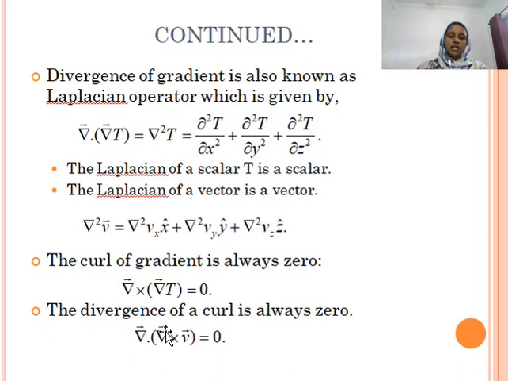So if a vector V has a curl, del cross V, then there is no divergence. What is the meaning of divergence? The function spreading out from the point. Since the function curls around the point, there is no divergence from that point. That is what we mean here. So del dot (del cross V) equal to 0. Here del cross gradient T equal to 0. You have to remember all these things very well, because we need these results frequently when we discuss electrodynamics or mechanics.